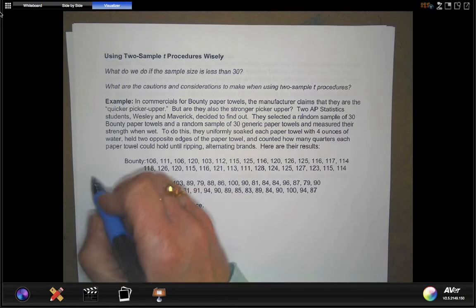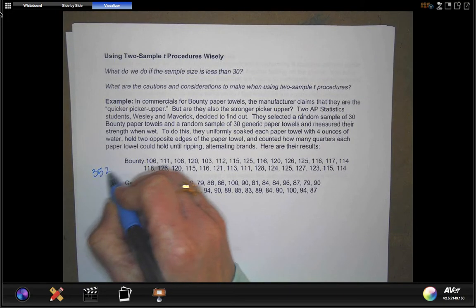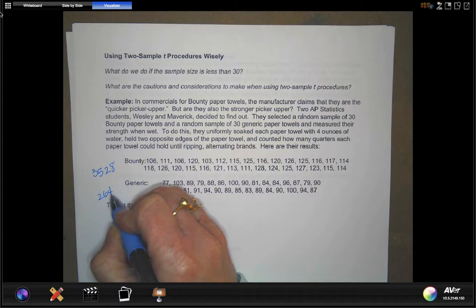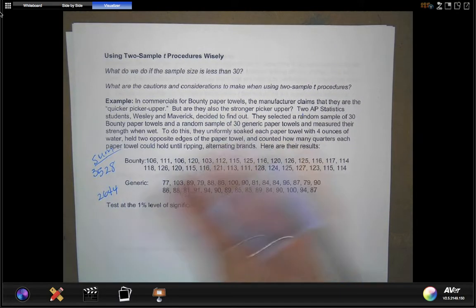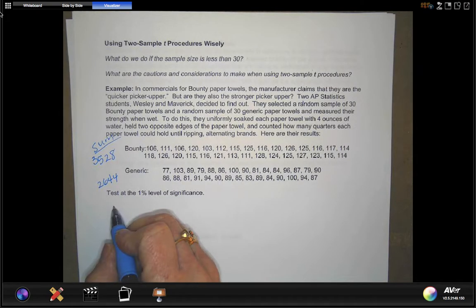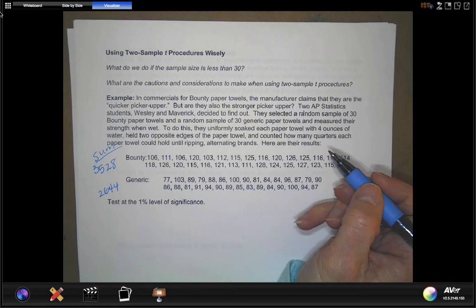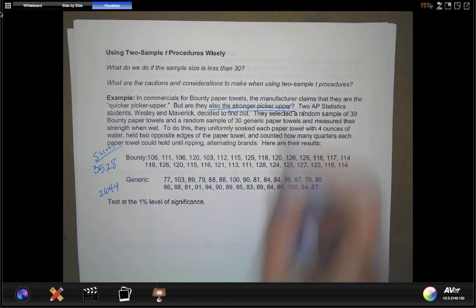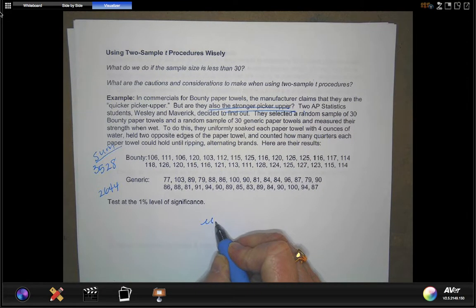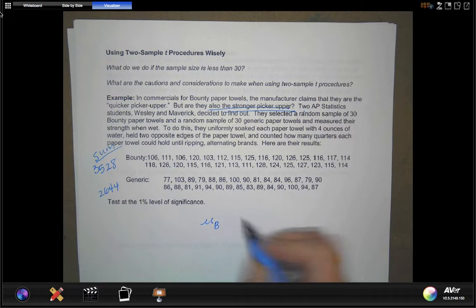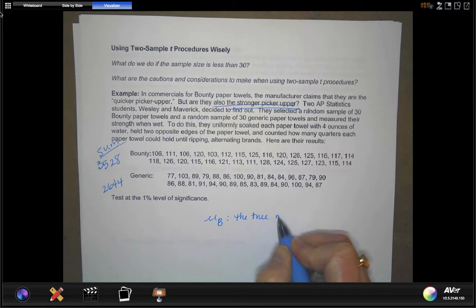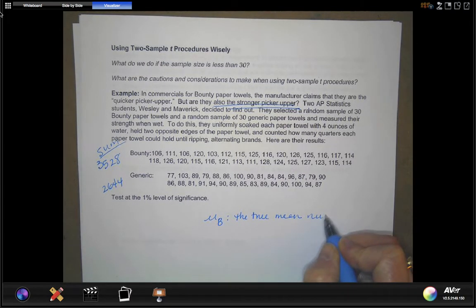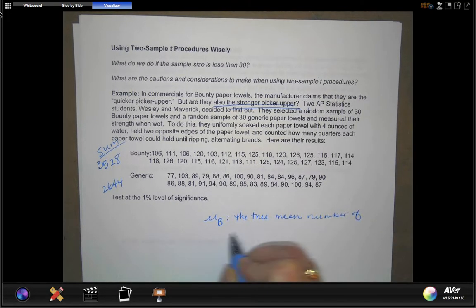Okay, you are going to want to type these all into your calculator because you're going to need the x-bar and the Sx. These are the sums for each list if you want to check to see that you typed it in correctly. But we want to know if Bounty is the stronger picker-upper. So I've got mu, and again, you can use whatever symbols you want. You could still stick with 1 and 2. So I'm going to say the true mean number of quarters